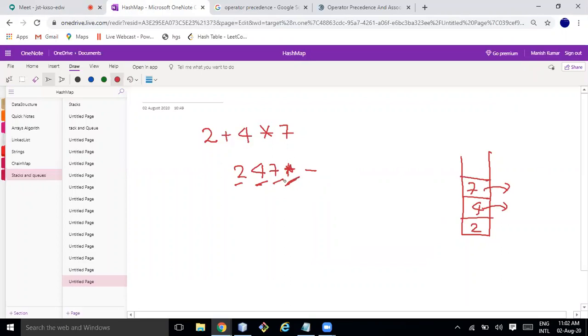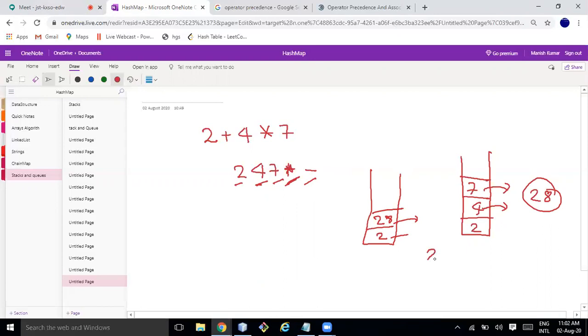So 7 into 4, 28. Okay, I popped it out. So the next structure would be something like this. Here it will be 2. Get the calculated value, push the calculated value again. Then there will be a minus. So again I found minus. Again I'll pop two elements, 28 minus 2, right?